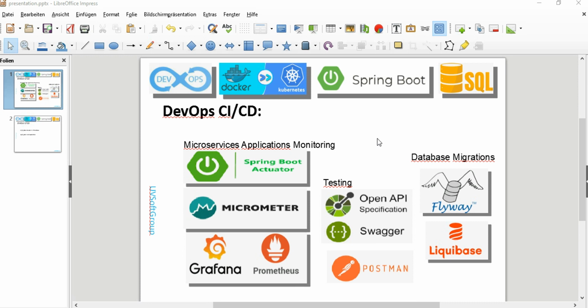I discussed that a lot in the previous screencast, but a lot of viewers and subscribers are asking how you can deploy the application with all the functionalities that you saw here: the API documentation specifications like Swagger and OpenAPI 3, database migration tools like Flyway and Liquibase, testing with Postman, and finally all the technology stack like Spring Boot Actuator, Micrometer, Prometheus and Grafana, with the deployment process of Docker and Docker Compose.